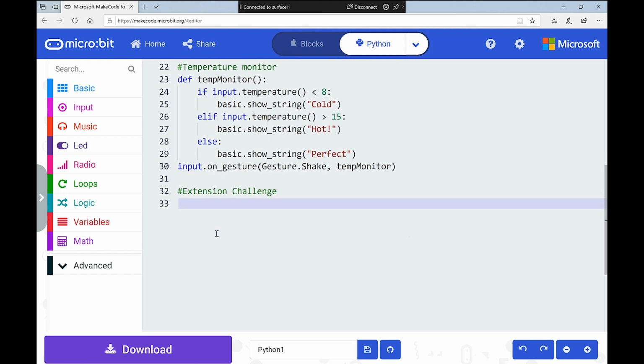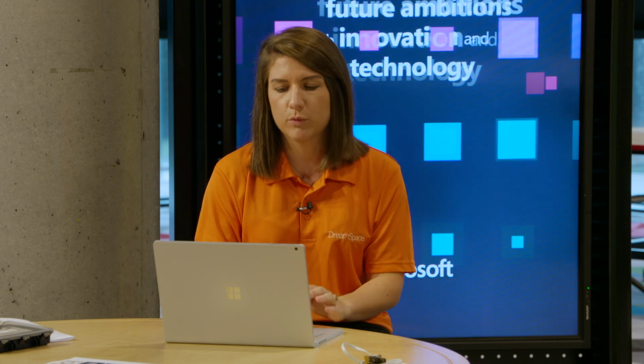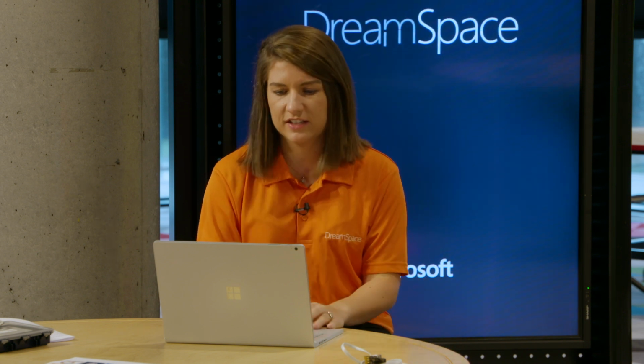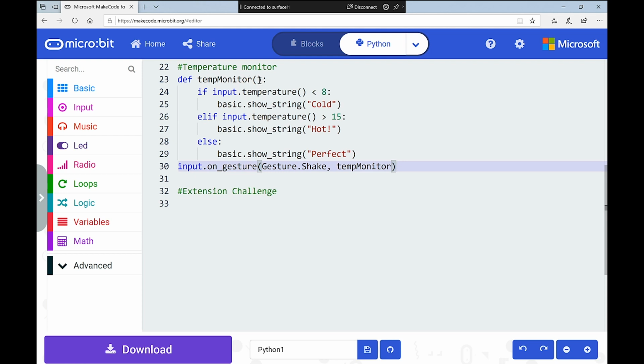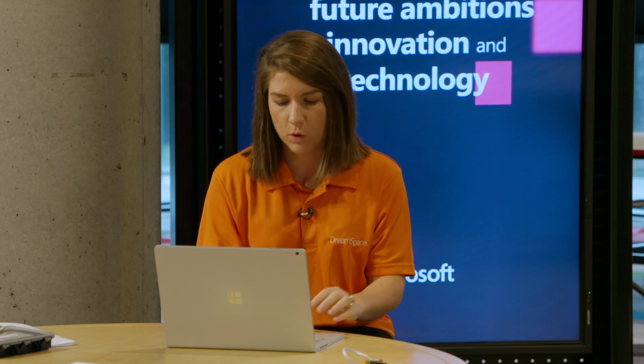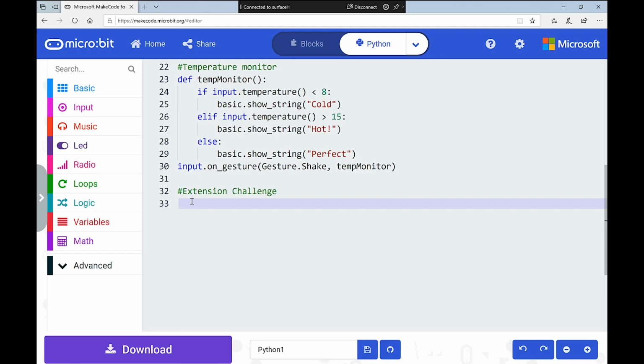So remember, I can use this as a little guide for myself, right? Similarly to here, the first thing I'm going to do is create a function. Now, normally we brought in an input. In this instance, we brought in shake, and then we altered the name of our function. We could do it again, or what I might do this time is create the function from scratch, just to show you that it doesn't always have to come in with the input. You can make a function no matter what, once you use the syntax or the rules. So remember with our function, the first thing we did was define, so DEF, and then we named it.